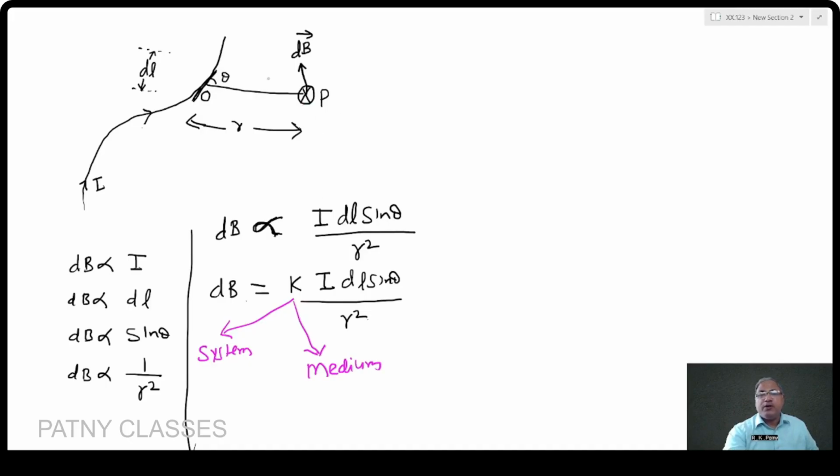What is the medium between the conductor and the point P? Where have you placed it? Have you placed it in water? Have you placed it in gas? Have you placed it in some other magnetic material? Where did you place this point P? So the point P lies in a certain medium. So the magnetic induction will depend upon